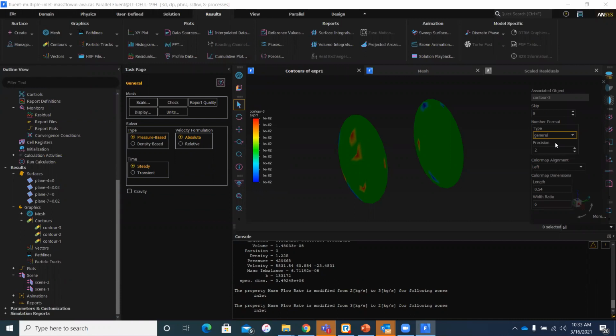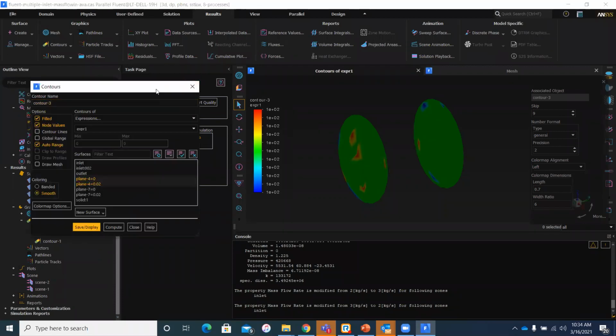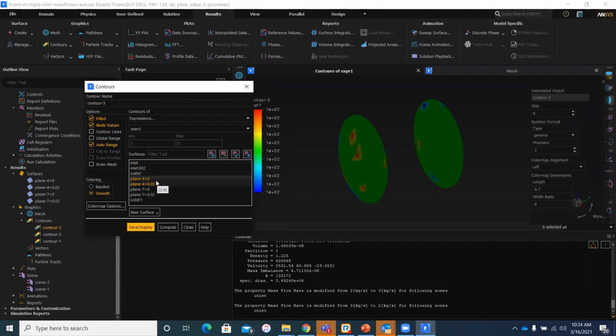exponential to float or general. I could even alter the length. Whatever changes you make to this color map are individual or unique to this particular contour or scene. So it doesn't get carried over to all the graphics that you generate from here on in your particular simulation, right? So this new contour has been generated, and you can see that this shows up as a separate results